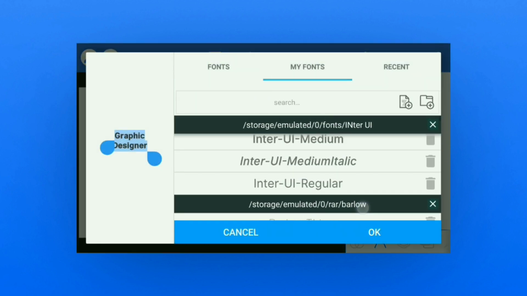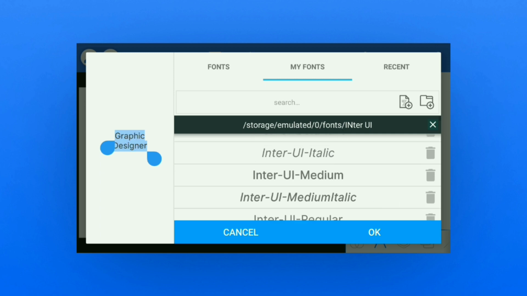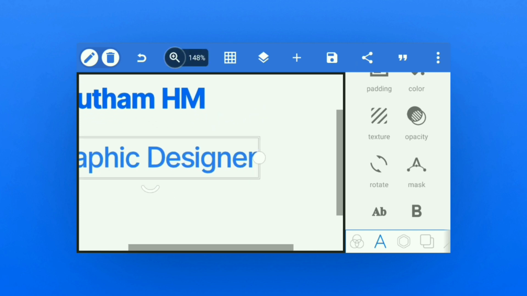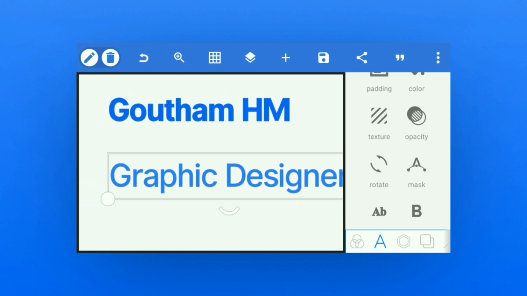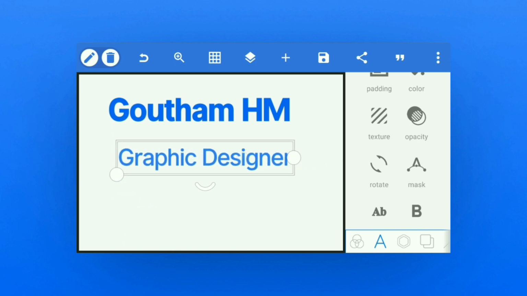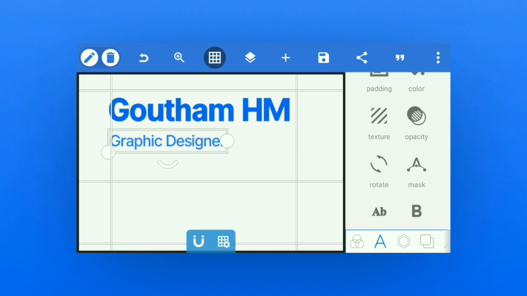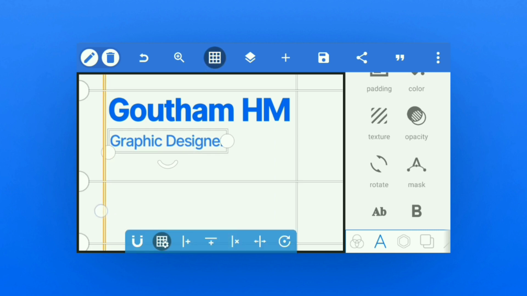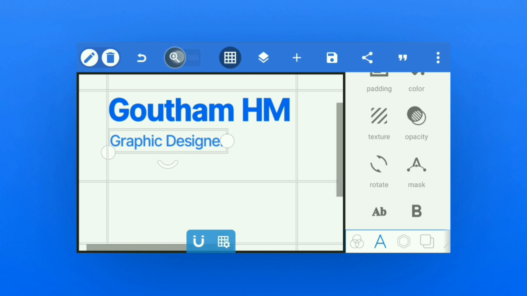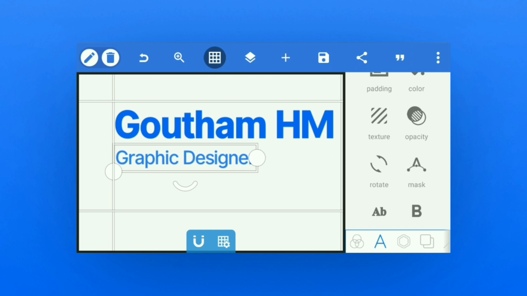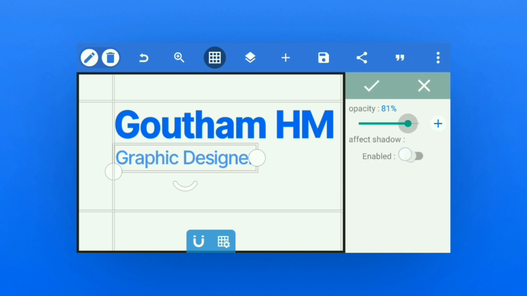And I will change the font to Inter UI regular or medium, you can use anything. And let's place it below my name so people can first read my name and then they can read the word graphic designer. Again I am using the grids to align it properly. And let's decrease the opacity a bit, something around this. Yes,